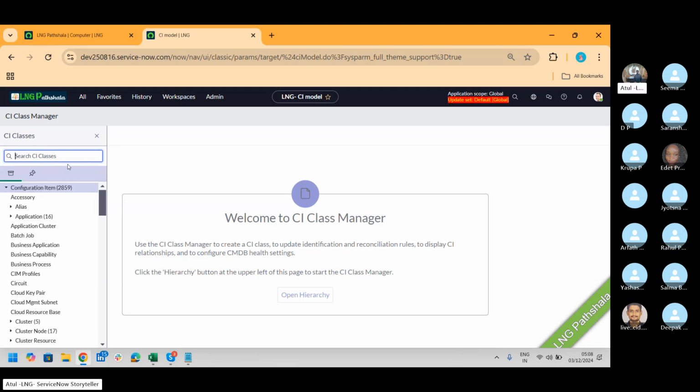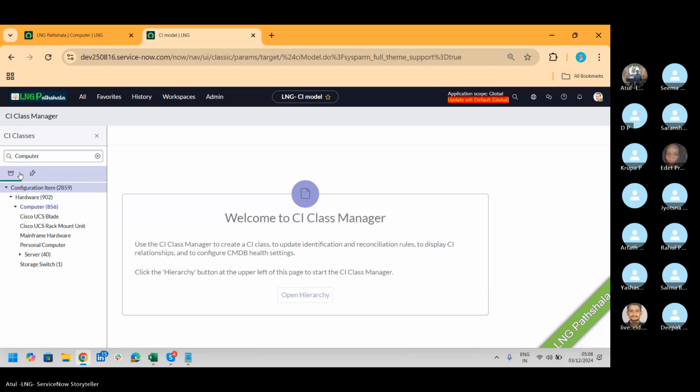See where it starts: if you search for computer hardware, this is one of the parameters which tells whether I need to create an asset for the CI or not. Again repeating my words, it is not necessary that for every hardware